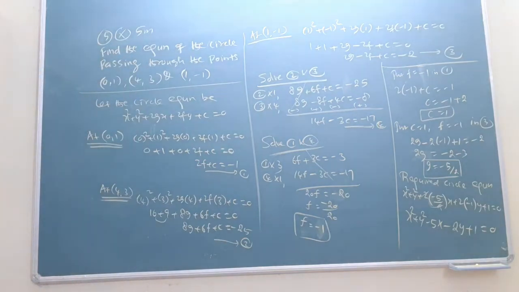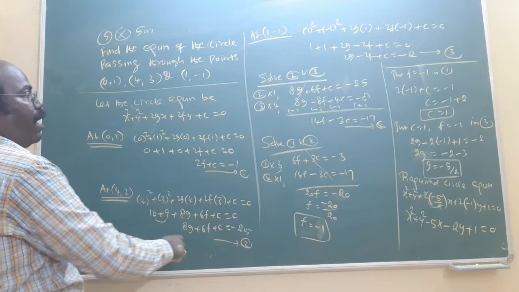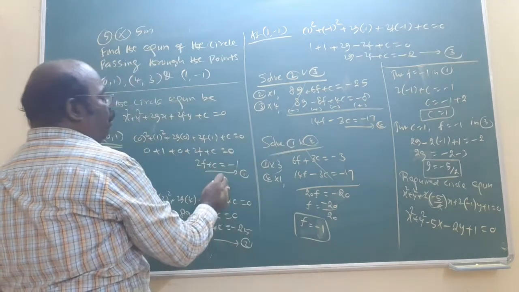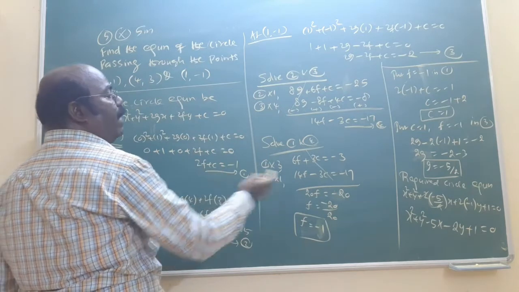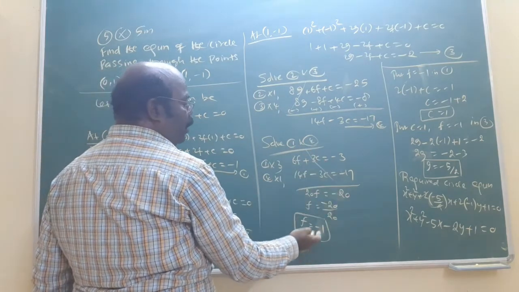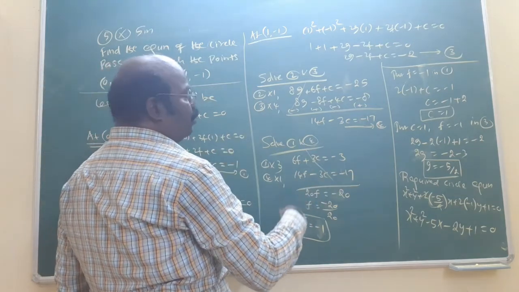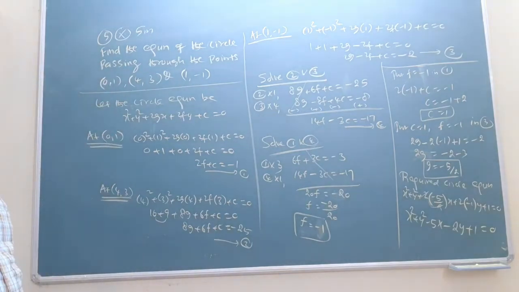Solving the equations is only extra work actually. I want to consider the first equation without g. That's why I consider the second and third equations to eliminate g. Now the first equation and the fourth equation involve f and c only. Now I want to eliminate c alone. We get the f value. Replace the f value in the first equation, we get the c value. Again substitute the f value and c value in the third equation, we get the g value. That's all. We got the final answer. Form the equation, then solve the equation.